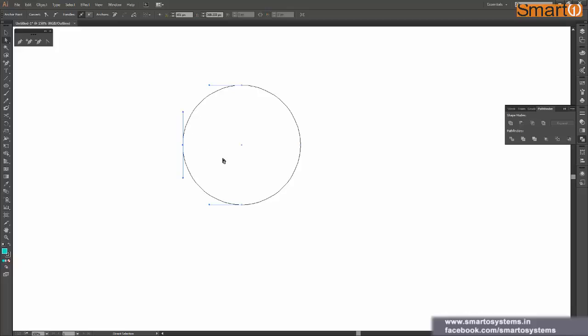So yeah, actually they are called control handles, but for this video I would call them tangents, because moving forward in this video, I would be calling these control handles a lot of times, and I don't want to confuse you guys by saying control handles, anchor points, control handles, anchor points. So I would directly call them tangents. That would be easier to understand also. So we have to deal with two things, that is anchor points and tangents. Okay, I hope that's clear to you.